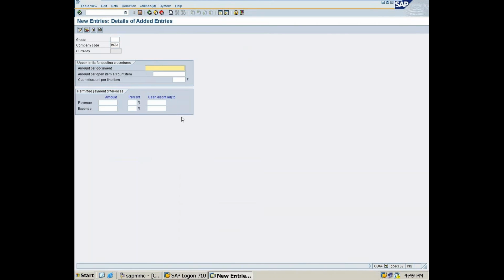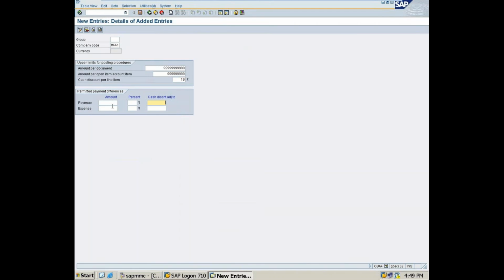Amount per line item, I'll give 9 times 9, or 11 times 9: 1, 2, 3, 4, 5, 6, 7, 8, 9, 10, 11. Second line item, I'll give it as 9 times 9: 1, 2, 3, 4, 5, 6, 7, 8, 9. Cash discount, I will give as 10 percent.